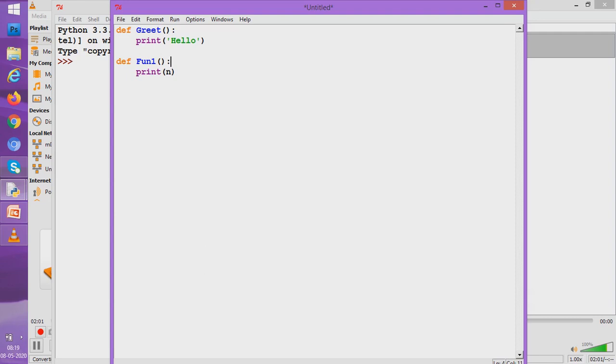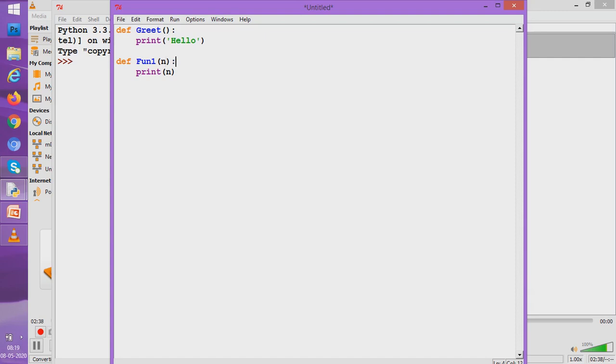Let us do something here. Let us put n after fun1 and within the parenthesis after fun1. Now this is what I was saying. This is known as giving parameters to a function. Whenever you put a variable's name within the parenthesis, that is within the bracket of the function being declared, we say we are putting a parameter.